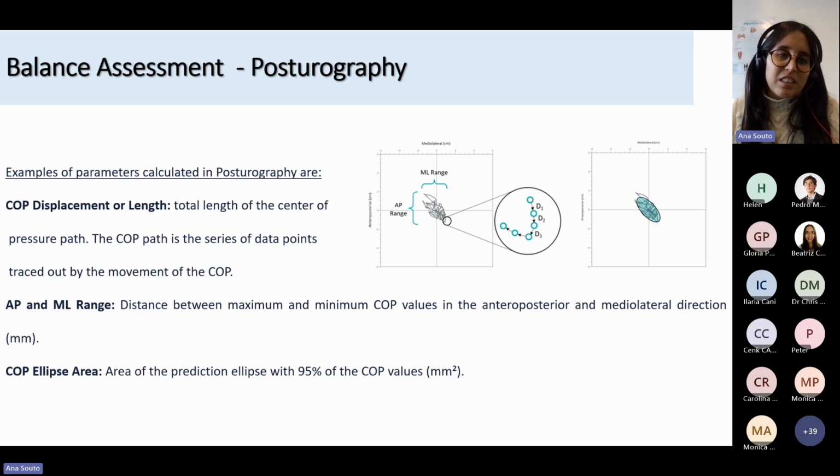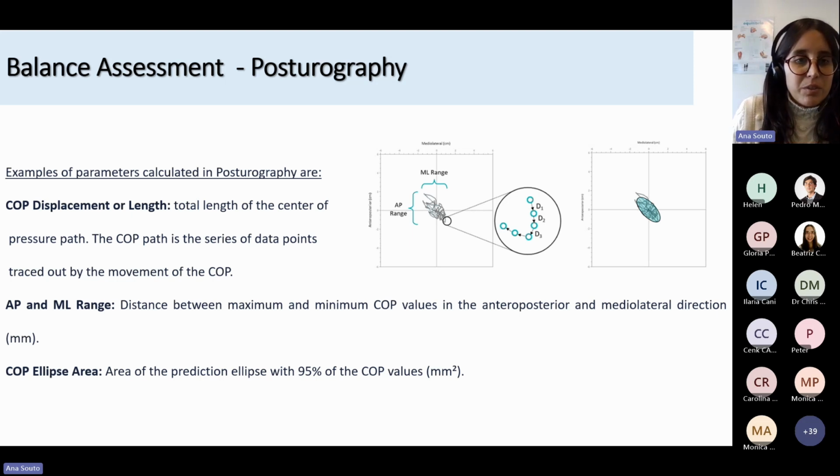And this is the same. The interpretation is similar to the velocity. The higher the center of pressure displacement, the more unstable a person is. We also have the range, which is the difference between the maximum and the minimum COP values, and a very